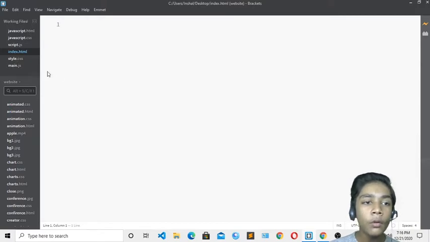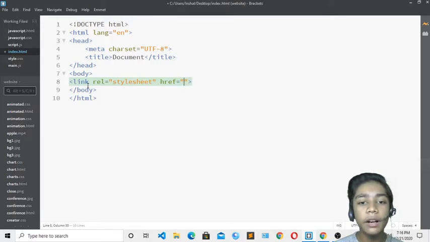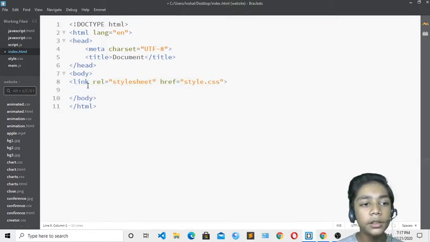Now over here I have to make the tags like we have made previously. First of all we will link our style sheet, so there will be really small code of HTML and CSS because we have to mainly use JavaScript, since we are making projects for JavaScript. Over here you have to name your style sheet, which is called style.css, and now I will come over here and link my JavaScript file. For JavaScript you also have to link your JavaScript file with your HTML file, so it can be shown in your browser.